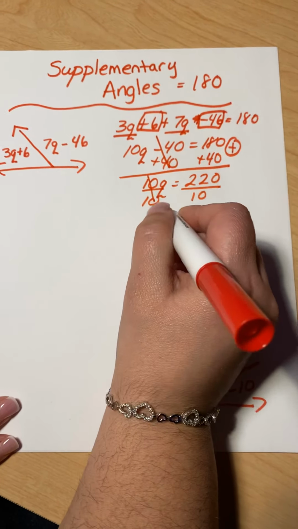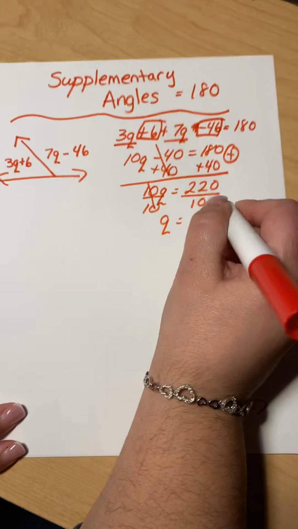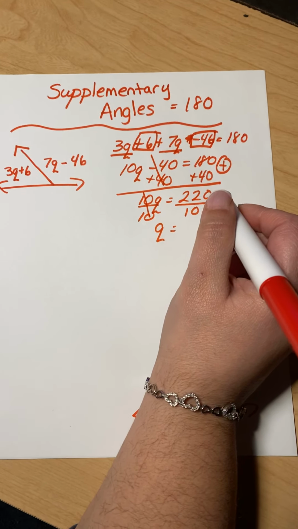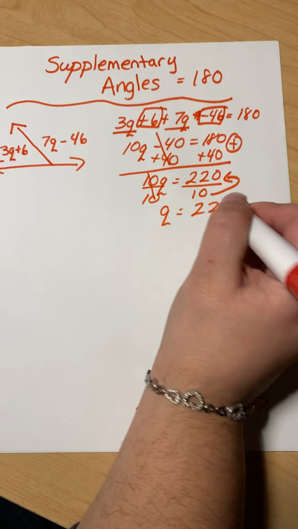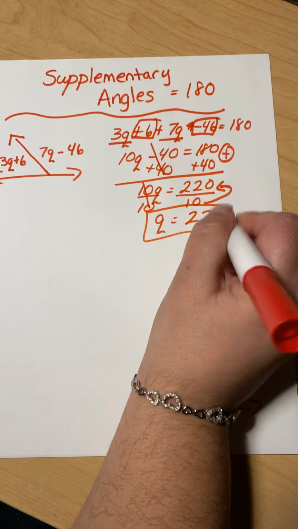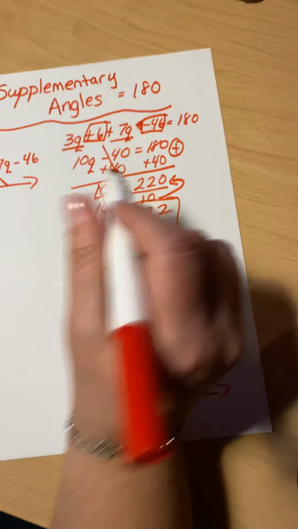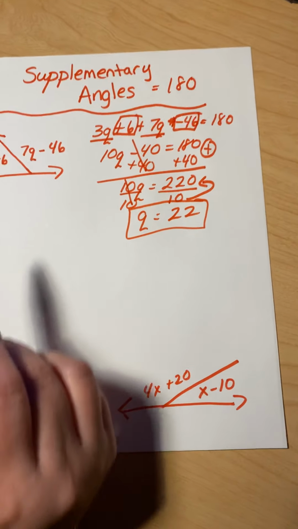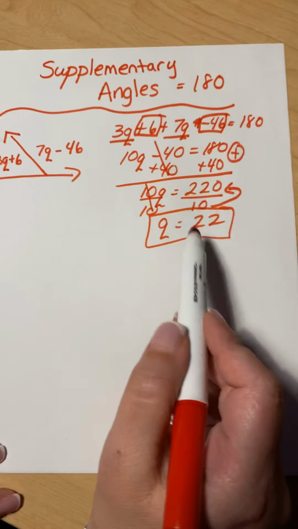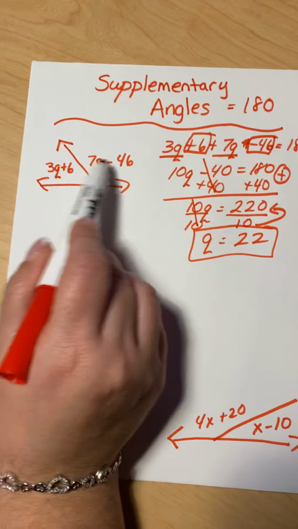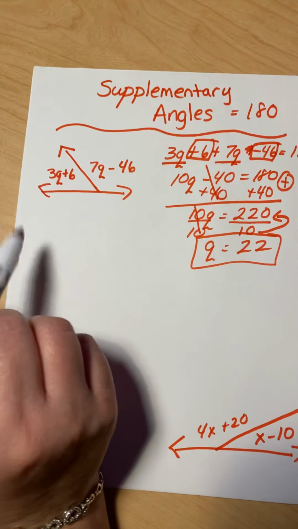10 goes into 10 once. That leaves me q. 10 goes into 220, 22 times. Now, you need to be careful. 22 is the value of q, but it's not the value of each angle. I need to go back and substitute this 22 into both of these expressions in order to get the value